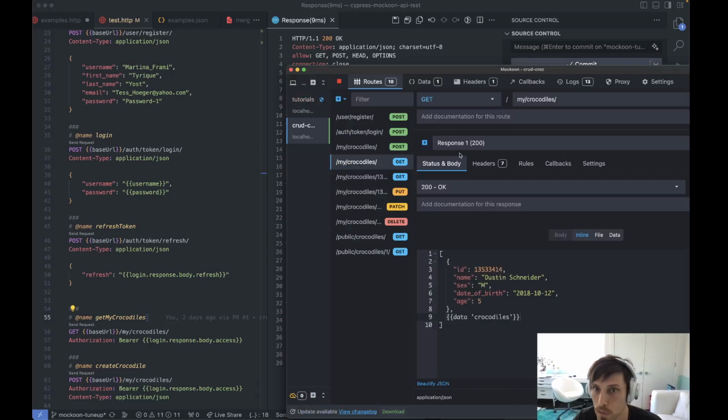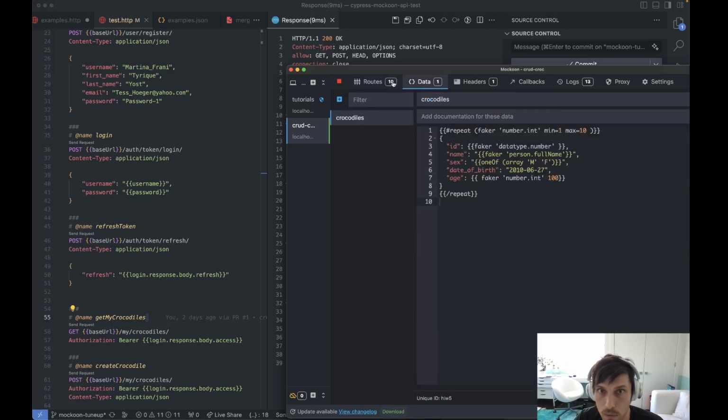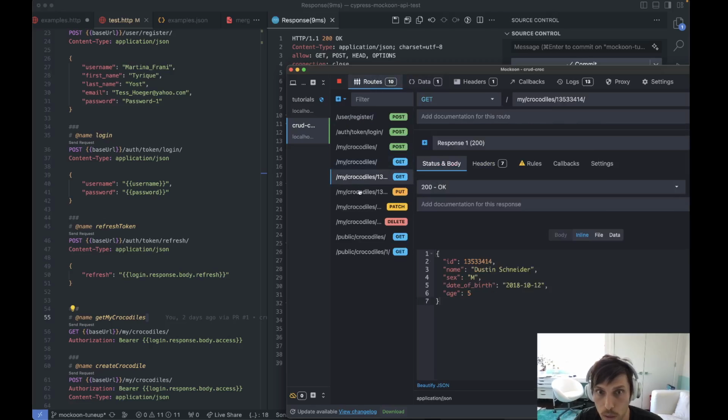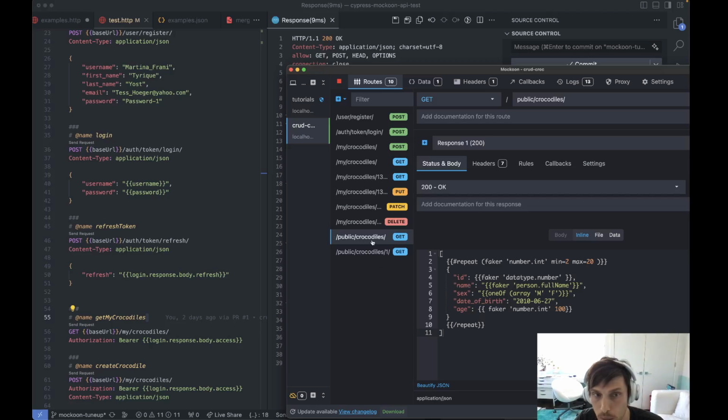So that data bucket was very useful for me, and I think I'm going to use it everywhere now. And there's a plethora of uses for Faker everywhere. So let's look at this one. For instance, for public crocodiles, right? I think from K6